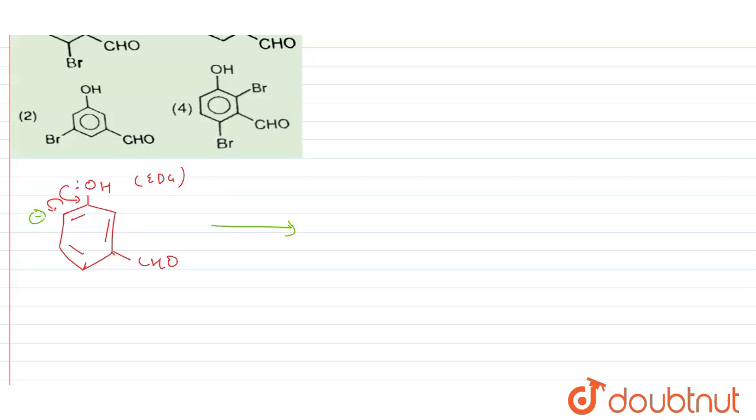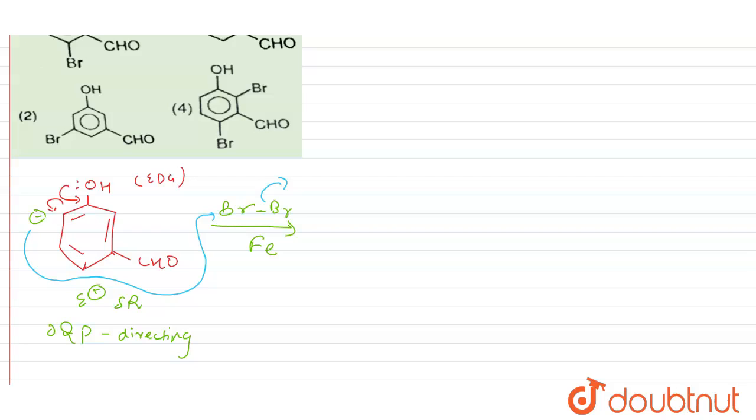And we have bromine, Br2, and Fe. It is going to show an electrophilic substitution reaction, and the electron donating group is ortho and para directing. So any electrophile will come at the ortho and para positions. Now this negative charge generated over here will attack the bromine atom like this, which helps in the removal of this bromine, and hence the product formed would be OH,